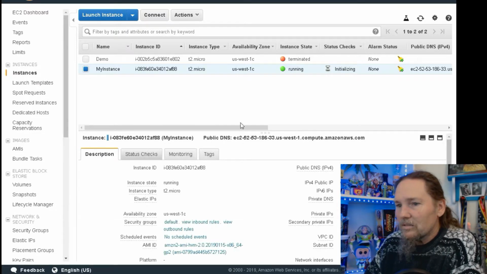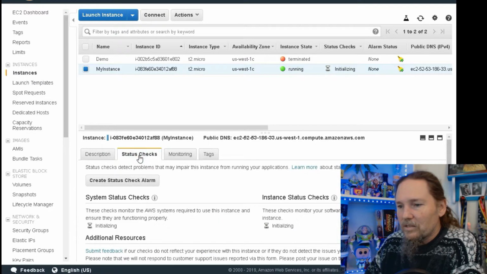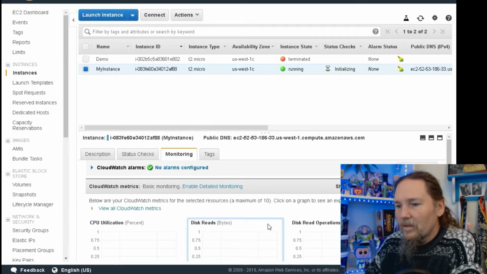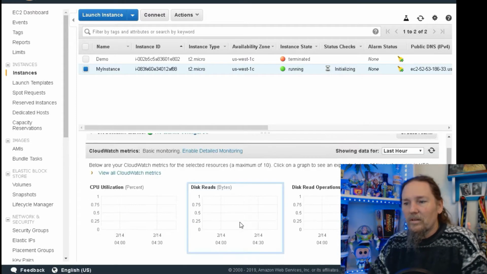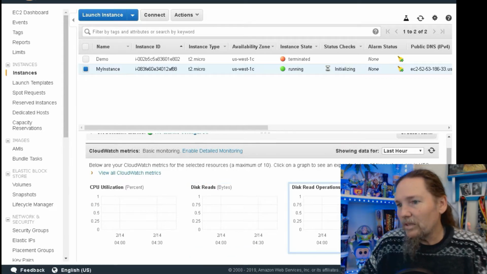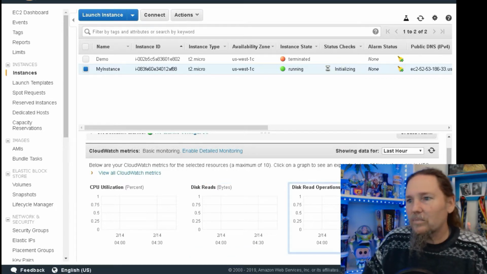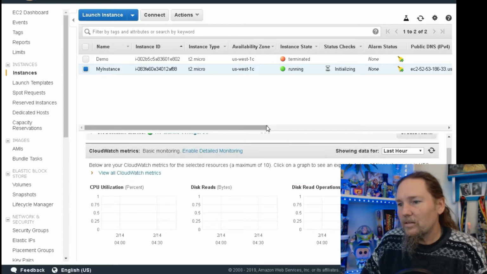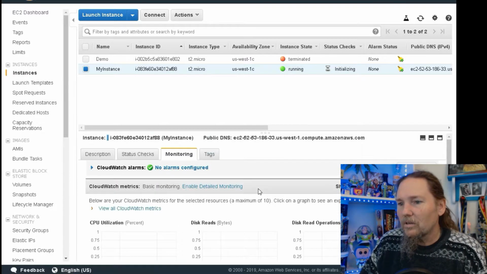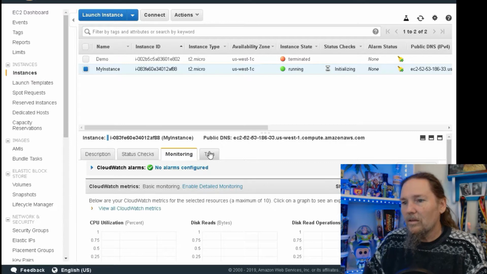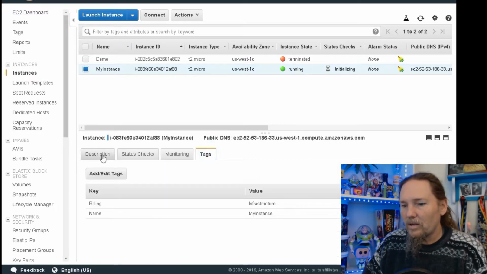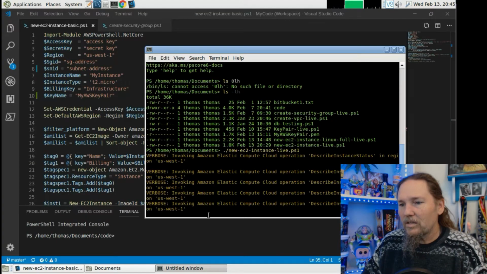we can see it's initializing. There's some status checks that are going to start coming into place. There's some monitoring that comes up. So it's putting all this in place for CloudWatch. At some point in a script, I have scripts so that we can create dynamic CloudWatch scripts as you launch them. Okay, so all that is running, and if we come back here, we can see now my script